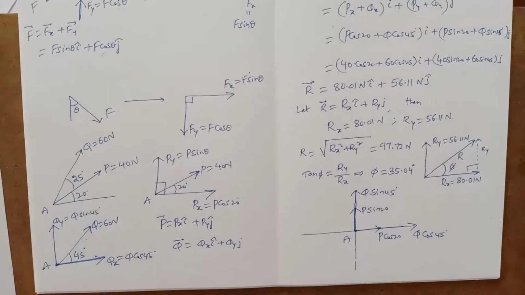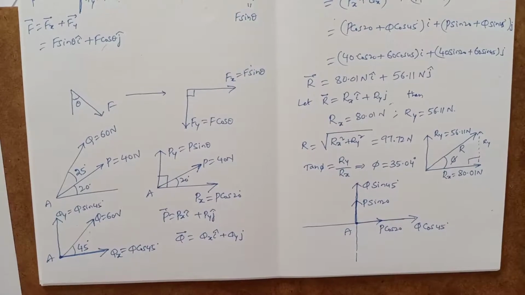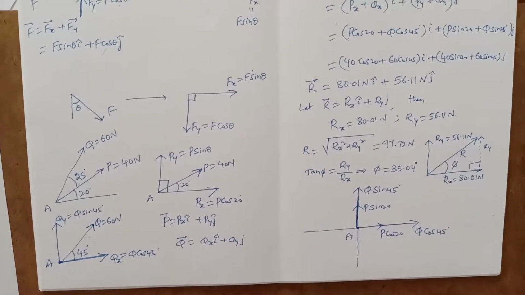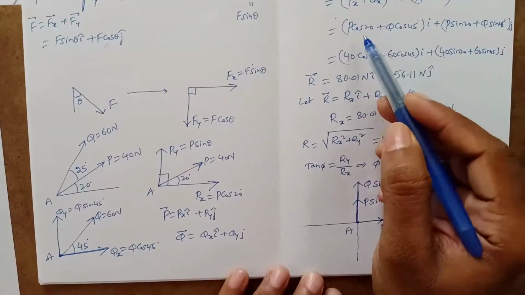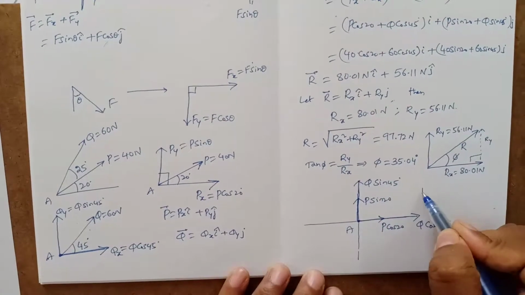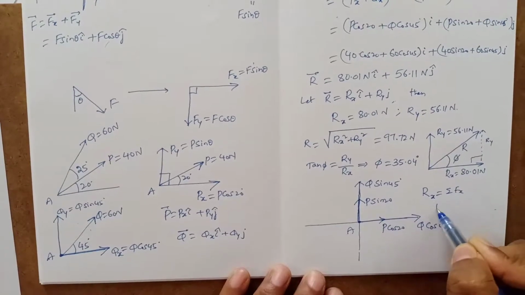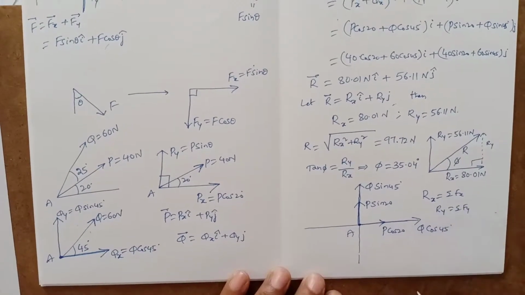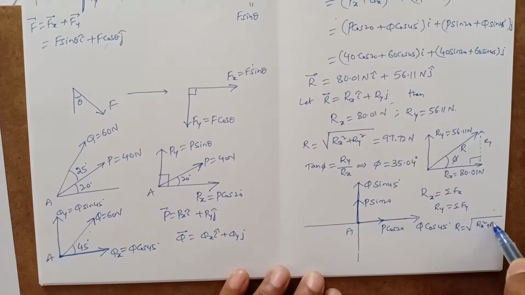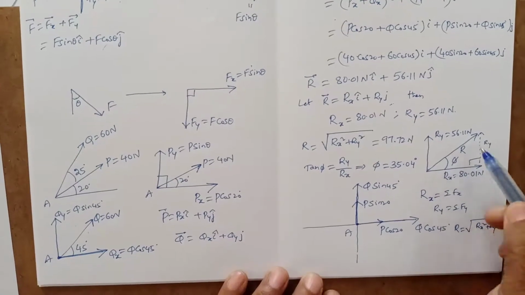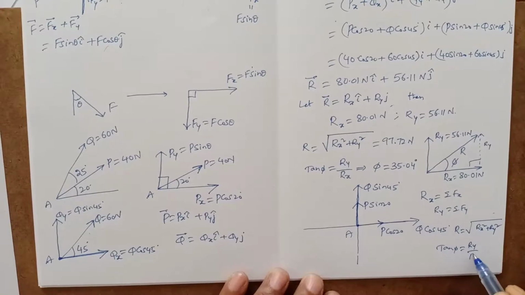So what we have done is, now we have resolved all the forces acting on the body along the x direction and along the y direction. Now we'll see from this one. The formula for finding the resultant force: Rx is equal to sigma Fx and Ry is equal to sigma Fy, and then the magnitude R is equal to the square root of Rx square plus Ry square, and using this we can find out the angle also. This is the tan theta formula, in this case equal to Ry by Rx.